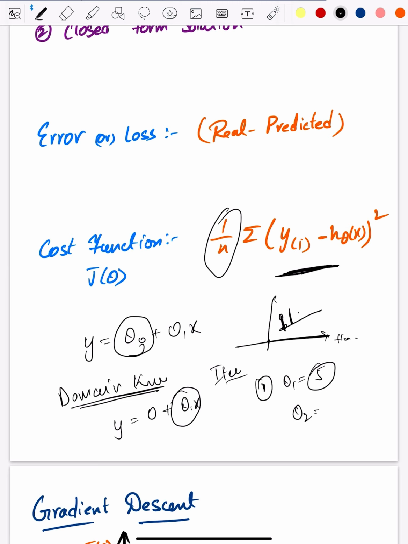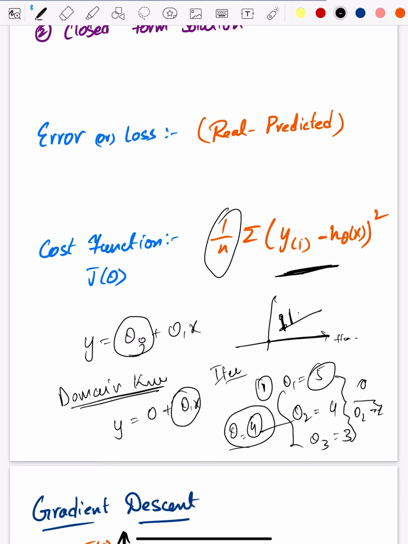Then you'll go to the next point, 4, next 3, 2, somewhere around this. Then you'll see which one is working fine, and you'll choose it and finalize the theta. Theta is equal to, for instance, 4 is working fine, then you'll finalize it. That's what we're going to do. But it's not that simple. That's the basic thing which is going on, but we'll try to do it in an optimized way.